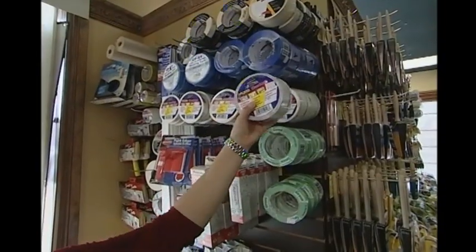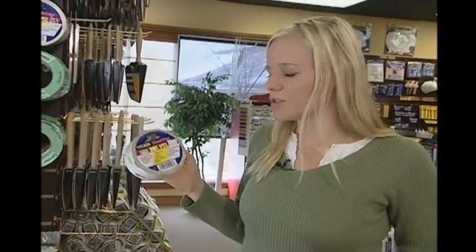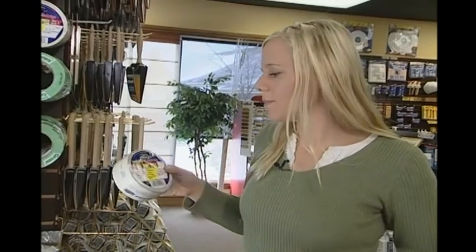For indoor jobs, it's good on older painted surfaces like old trim that's already been painted, and if you want to edge it to paint your walls. On new painted surfaces, we'd really recommend doing a test spot. Make sure it doesn't peel off the paint. This is why we moved down to the white tape. The white tape is very good for freshly painted surfaces. Again, we'd recommend doing a test spot just to make sure. We don't want to ruin your paint job, but after a week, you should be able to put this tape